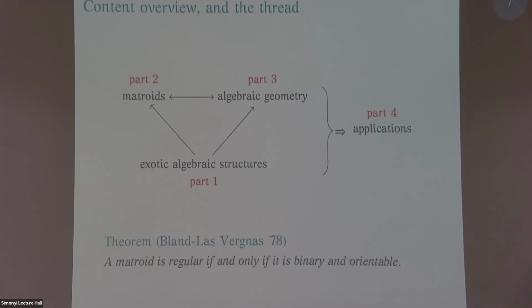So another way to think about this talk is the following theorem of Lundell-Sullivan. A matrix is regular if and only if it's binary and oriented. That's a classical theorem, which is in this paper where oriented matroids are introduced, and it has a 5-page proof. It's not super difficult, but